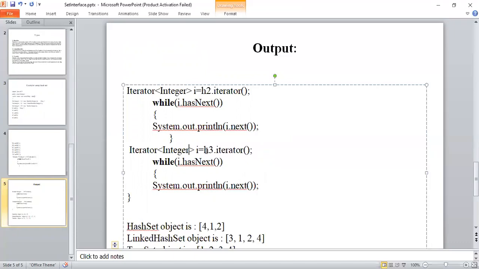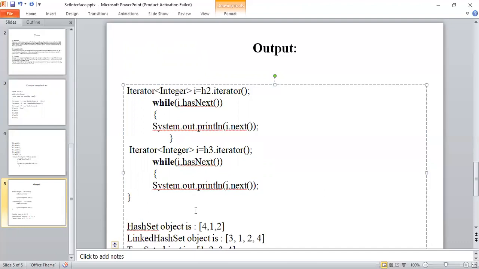Okay, so the TreeSet object is nothing but H3. The H3 content is copied to i. So from that I am getting one copy, checking the condition, if it is true, displaying the first component, and moving to the next component, and checking the condition is true, once again displaying the second one, moving to the third one, checking the condition is true, displaying the third content, and then moving to the fourth component, checking the condition is true, once again displaying the fourth one, then going to the next one, but there is no next one because you added only four elements into your H3. Here the condition is false, exiting from the loop.